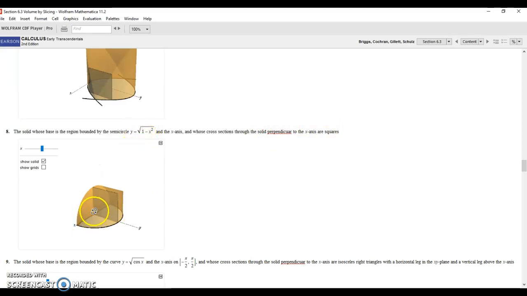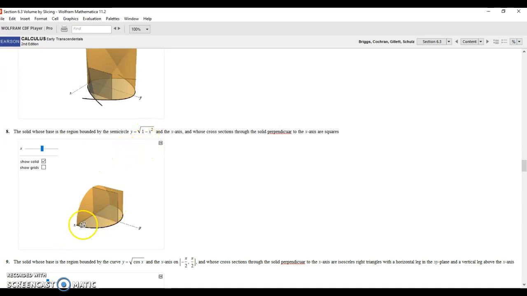So if this is square, then we know that one side has length y equals the square root of 1 minus x squared. So that actually means since it's square, that is the length of each side. So that makes the area of one of the cross sections 1 minus x squared, when you multiply those. So what we want to do then is integrate 1 minus x squared